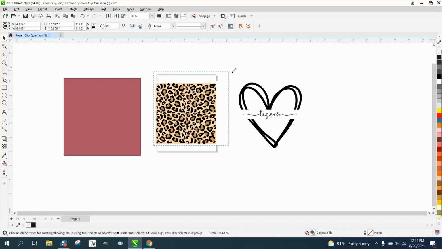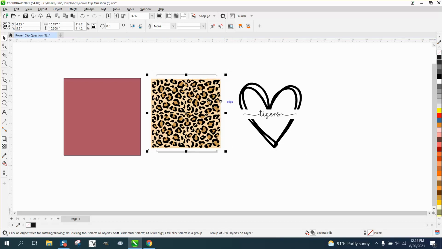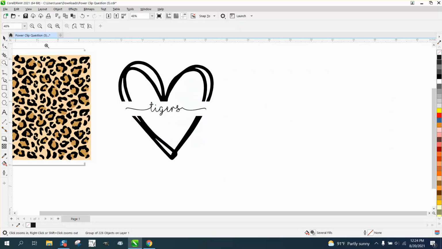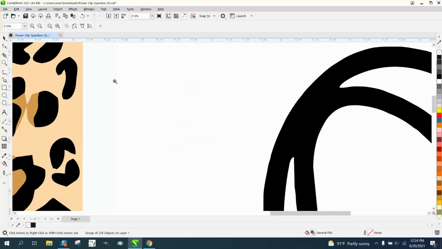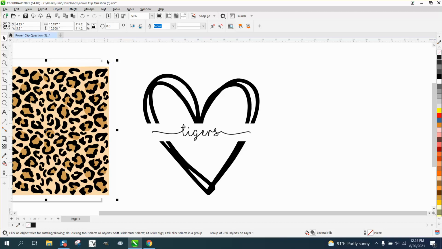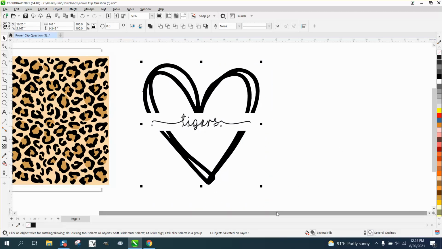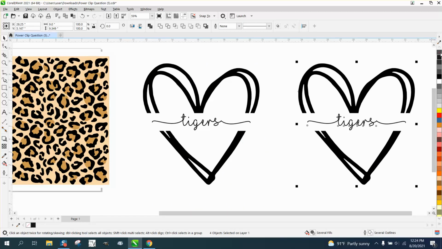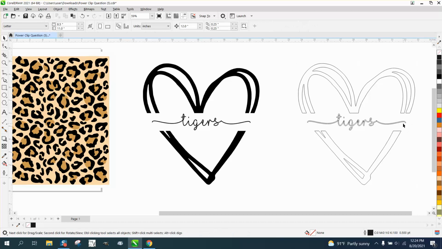I'm going to make it a little bit bigger and hit P. But she needs to put this in there. The best way that I know how to do it, I'm going to make a duplicate of this heart, hitting the plus key on the keyboard and moving over. I'm going to left click, right click. I'm going to go ahead and take out